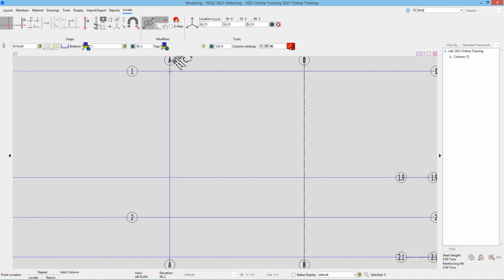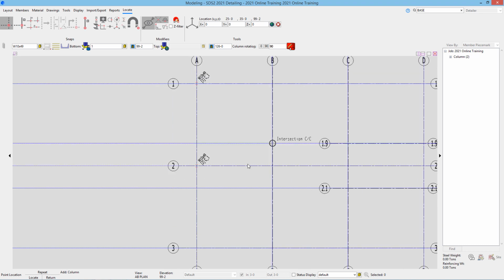Looking at S2, we do see that W10 by 49 is the same and same rotation at AN2, so I can middle click there to repeat that last column. And we do see the same at AN3, so I can middle click here. And then we do see we can repeat this at B1. And looking at sheet S5 as well as S1, we can see it says the exact same column is at B3, however it is a different section size, so I cannot repeat that. We can, though, repeat that at D1